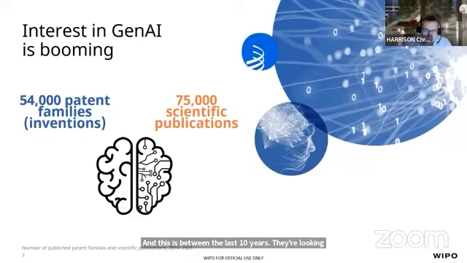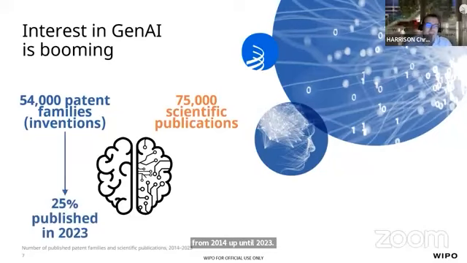But what's interesting is that this area is really growing, and growing fast, which you probably would expect given what we've seen in the growth and deployment of ChatGPT and other tools in the last 2-3 years. And in 2023 alone, so last year, over 25% of all of the Gen AI patents globally, so that's over 14,000 inventions, were published in last year alone.